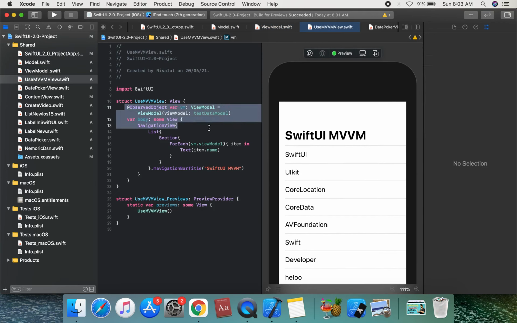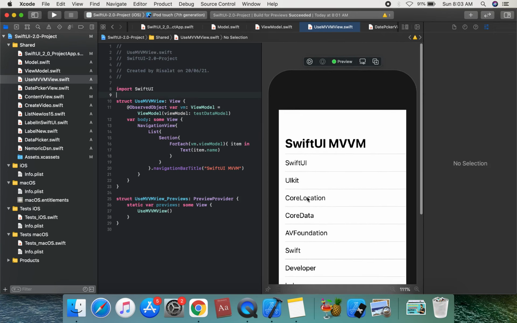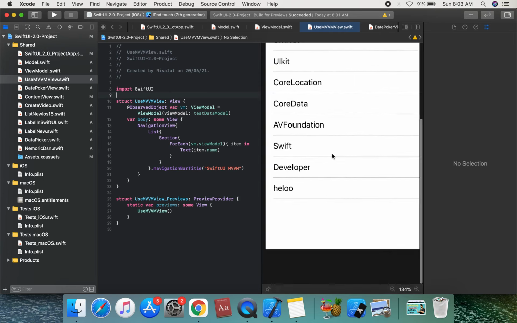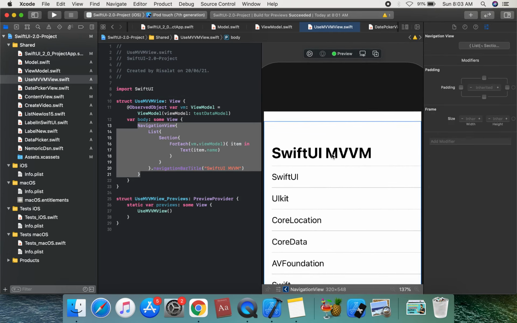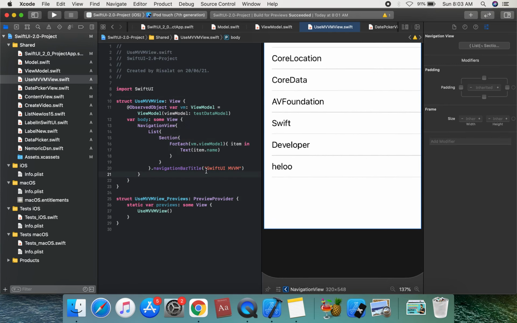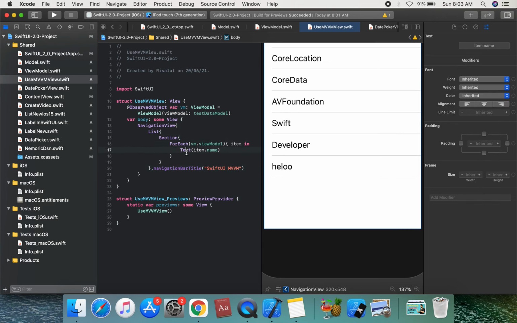And a view displays visual elements and controls on the screen. They are typically subclasses of View. So we can add a property to this, a ForEach, and we're going to add a text property. We can add this text.